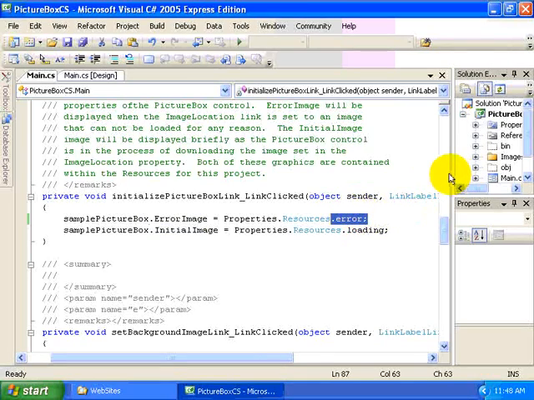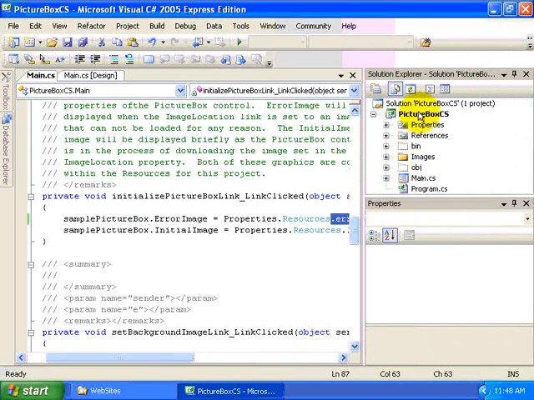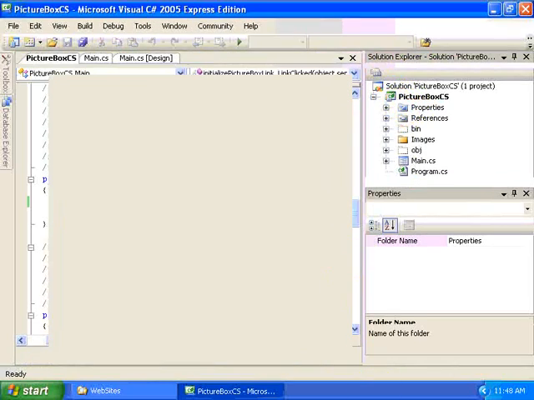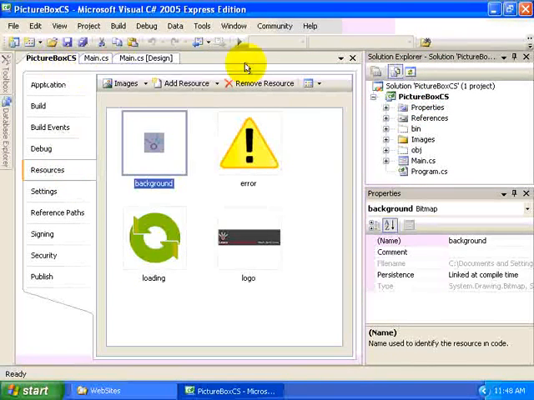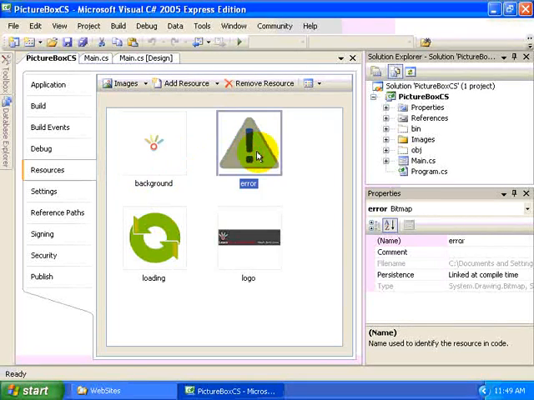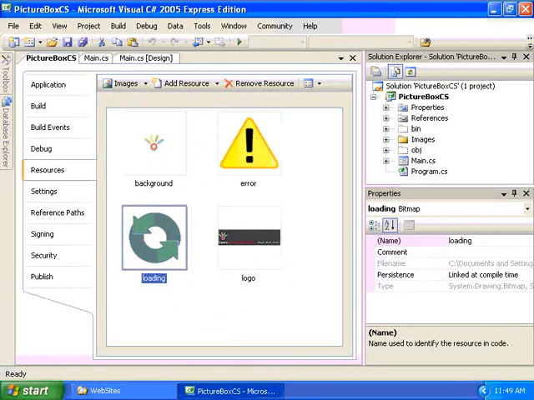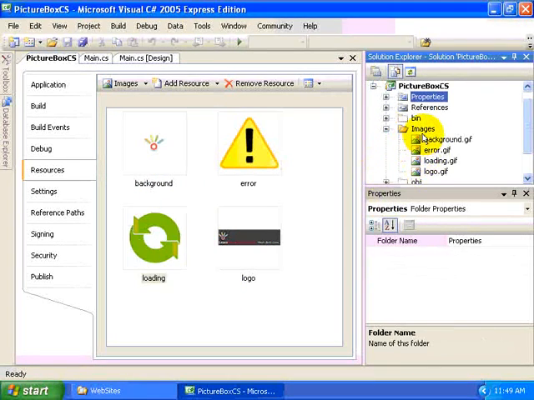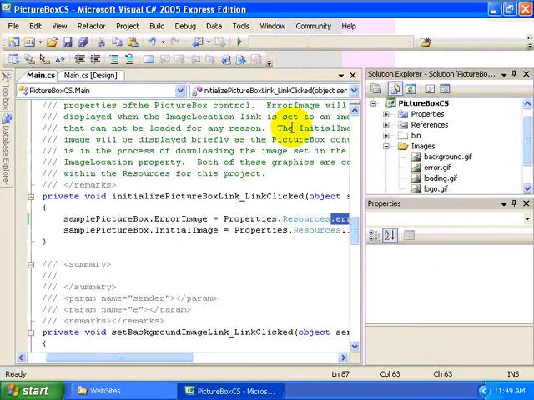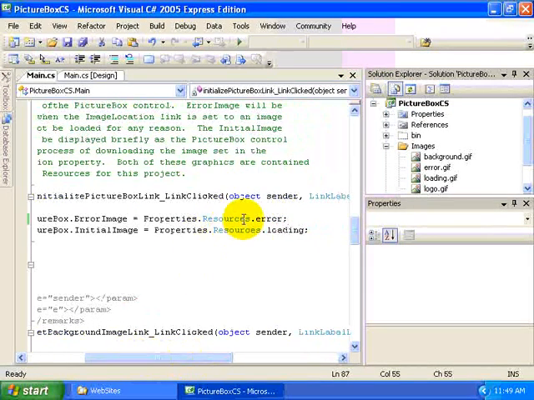And this is a strongly typed name for each of the images that I've added into the resources for my project. If you go to the resources by double-clicking properties, going to the resources tab, and then selecting images from the resource type drop-down, notice that I have a background image, an error image, a logo image, and a loading image. To create these, I just dragged and dropped them from a subfolder I created into the resource main area here, and it automatically created strongly typed names so that I could access them programmatically by using the